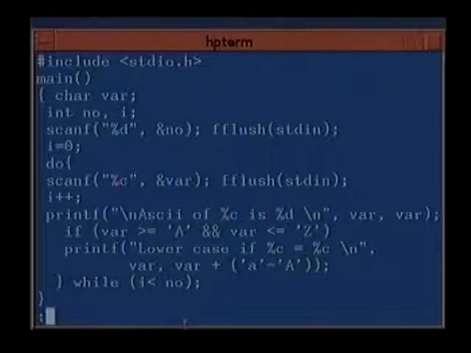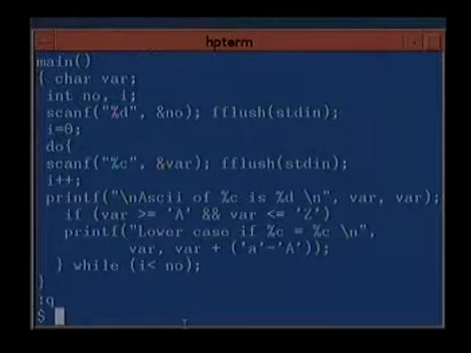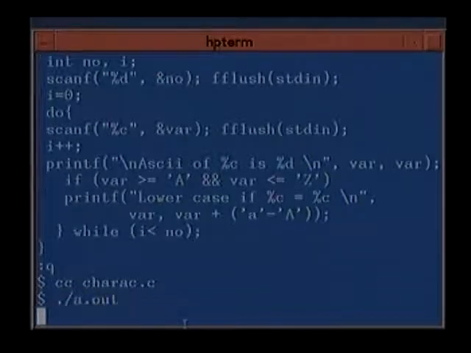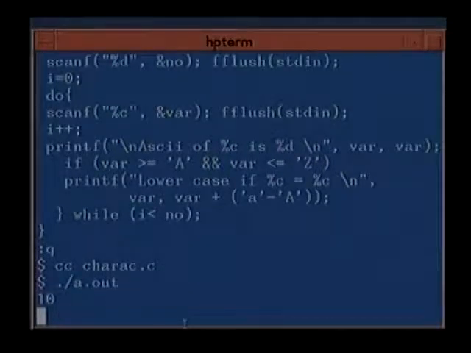So let's run the program. Let us give some 10 numbers as input, and let us first give only lowercase characters to see what the ASCII values are.